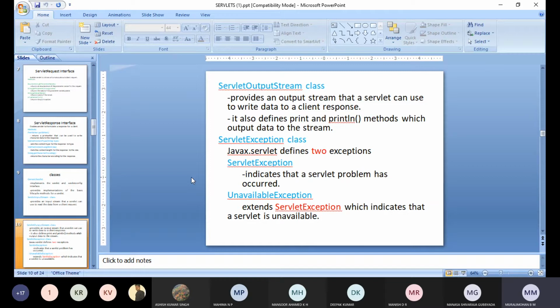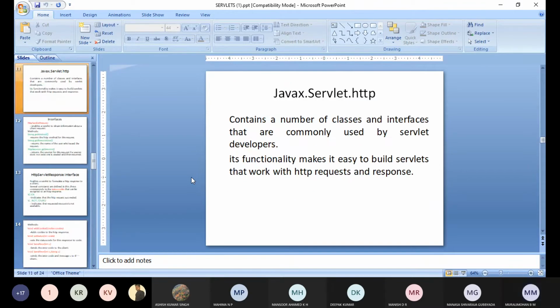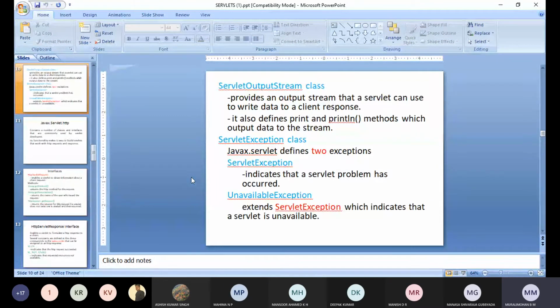The first one we have seen is GenericServlet. First class, second ServletInputStream, next ServletOutputStream, next ServletException. So these are the classes which are there inside the javax.servlet package.